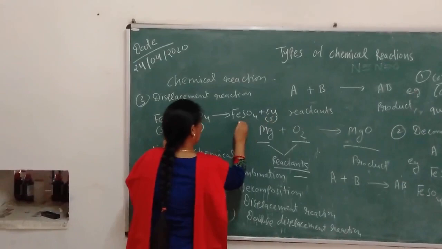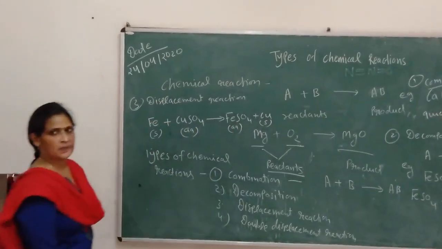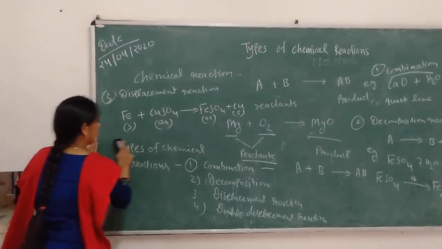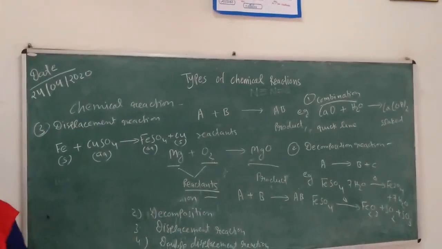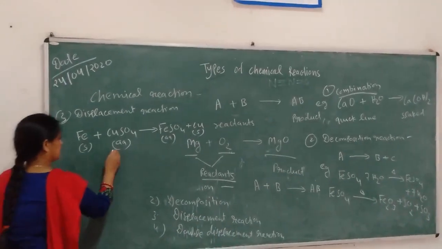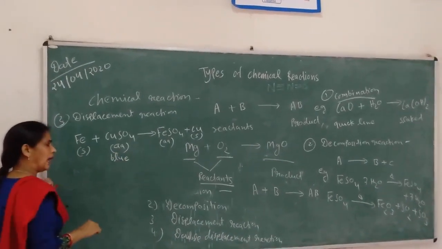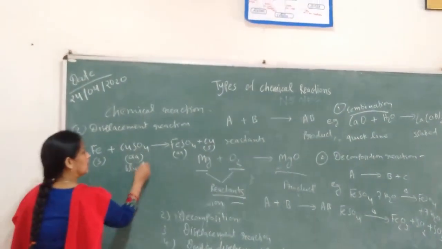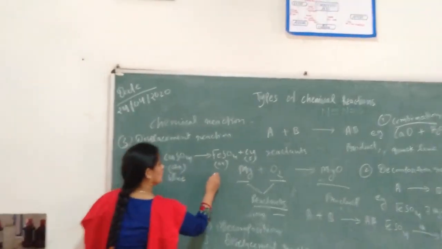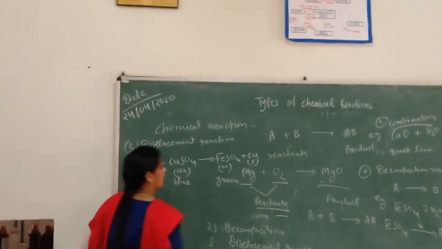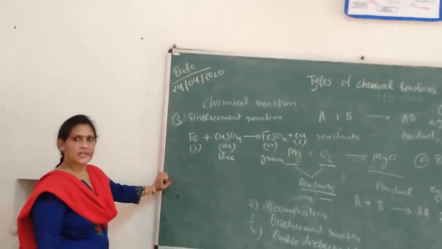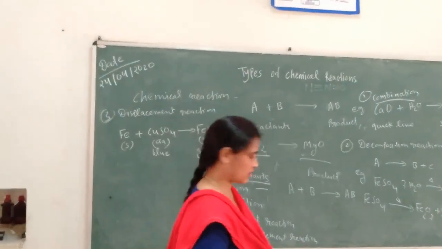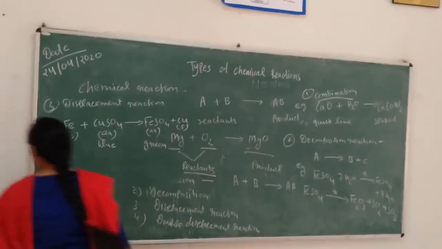This is the example of which type of reaction? Displacement reaction. The color of this copper sulfate is blue, and after this reaction, this blue color copper sulfate changes into green color iron sulfate. So this is the example of what? Displacement reaction. And last, the fourth type of reaction is